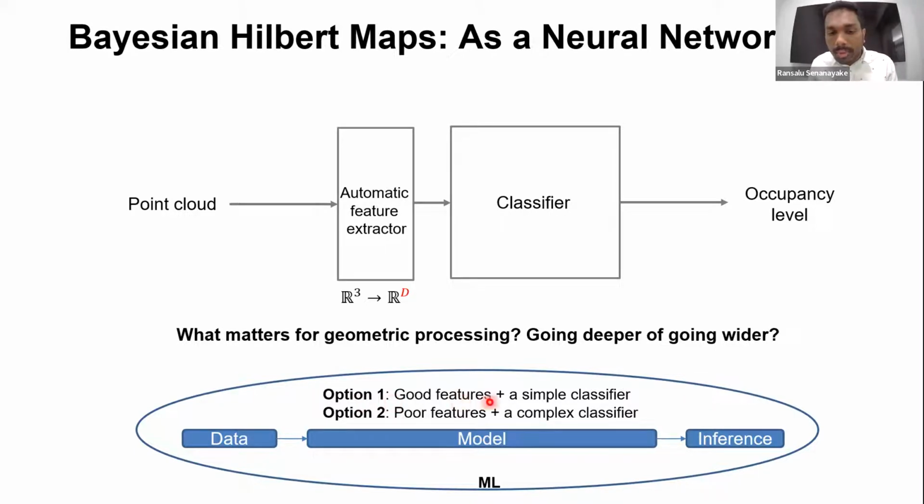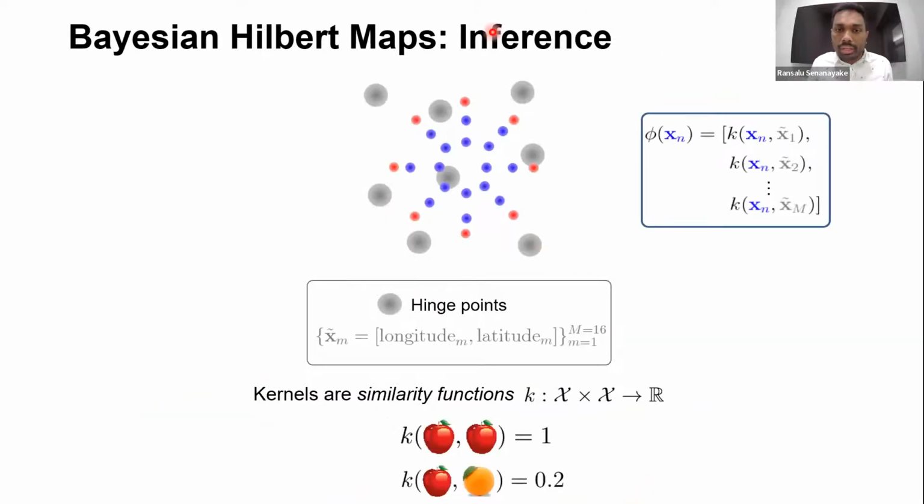Number 1 is if we have good features, then we need only a very simple classifier. Even this could be a single layer neural network, or we might not need a neural network at all, as Anju showed earlier. If you have a very simple classifier, our model is small, and small models are always good for robots. Few parameters means the runtime is much faster and it's easy to store in a robot. The other advantage for me is it's much easier to estimate the epistemic uncertainty when we have a simpler classifier.